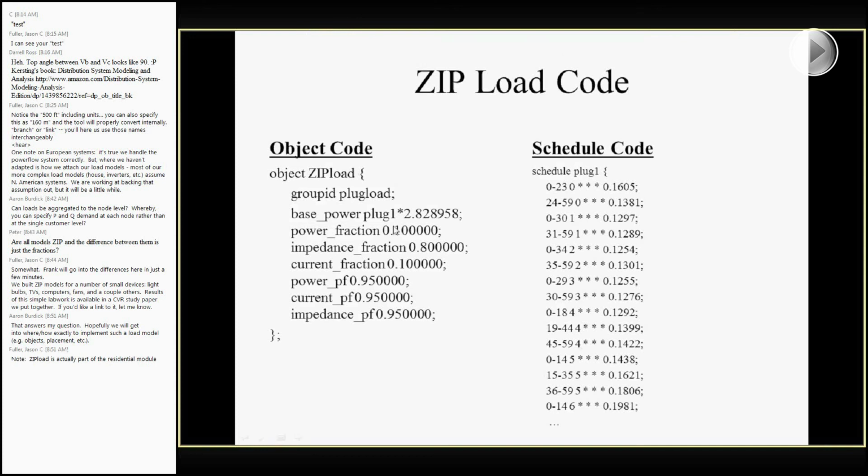And this is a really good example for doing like an aggregate load. We call it plug load, so this could be basically all of the end-use appliances inside a house, but you could easily make this something else. But what you're basically doing is varying the overall power the system consumes by this plug 1 times a particular scaling constant. And this plug 1 is actually the schedule over here,